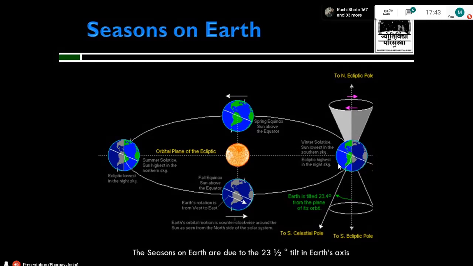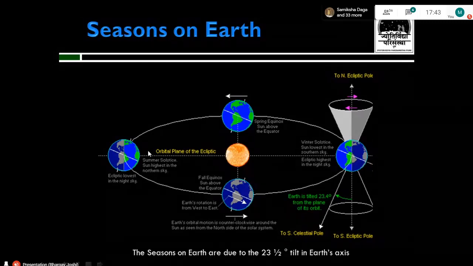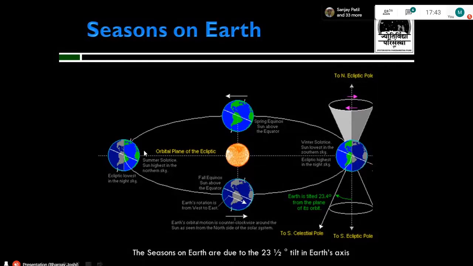Okay. So now after this, the earth keeps on moving and continues in its orbit until it arrives at a similar position. Now what you can see is the northern hemisphere is tilted towards the sun. So naturally, in the north there should be summer, and in the south there will be winter. Since it is summer in the north, it is called summer solstice.